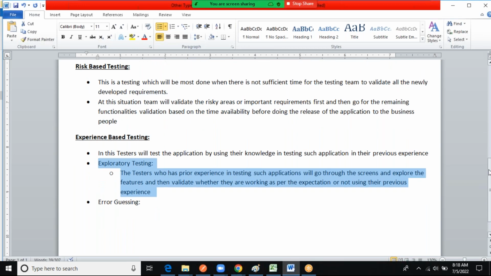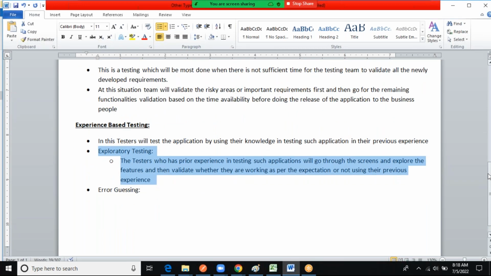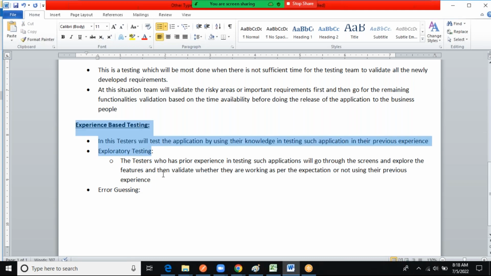It may or may not be there in your day-to-day project, in any project which you may join, but this is the actual explanation. Even though they are not going to do exploratory testing or error guessing, they still hire some experienced people who have previous experience. Why? Because